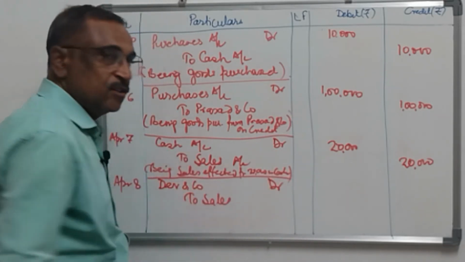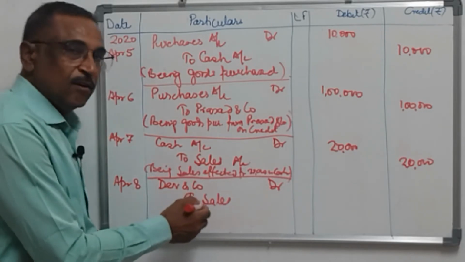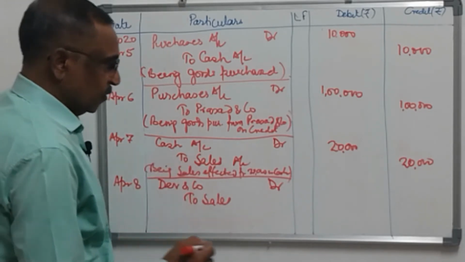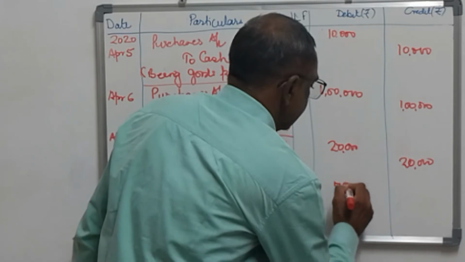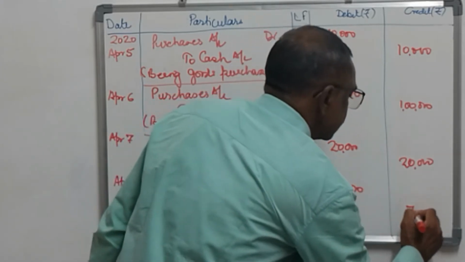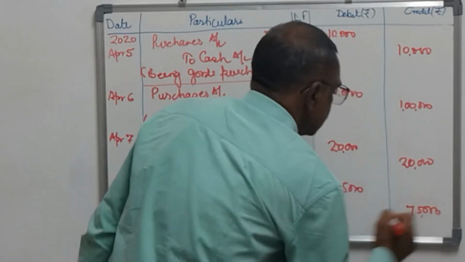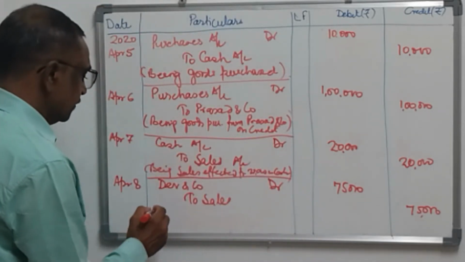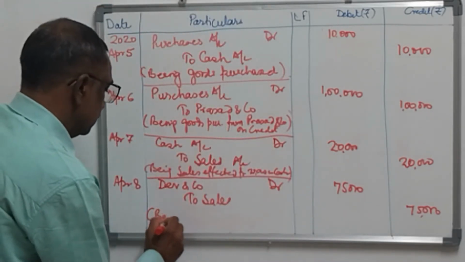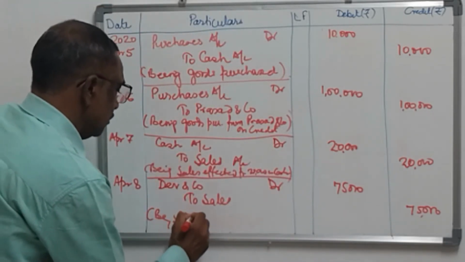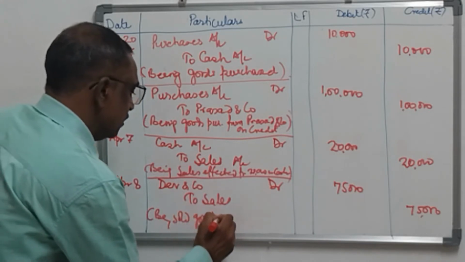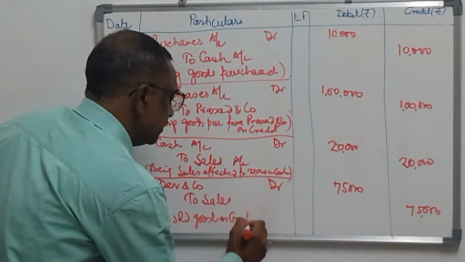Sales again is your revenue. Credit all your incomes and gains. Okay? It was for 75,000. Being sold goods on credit to